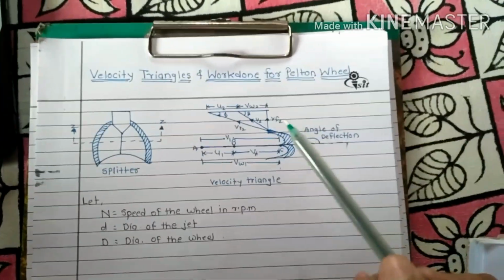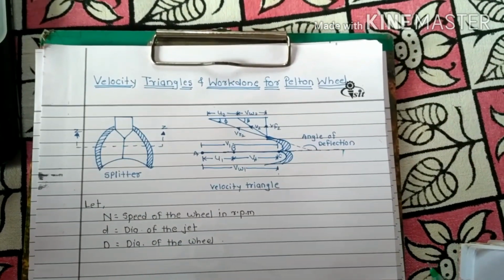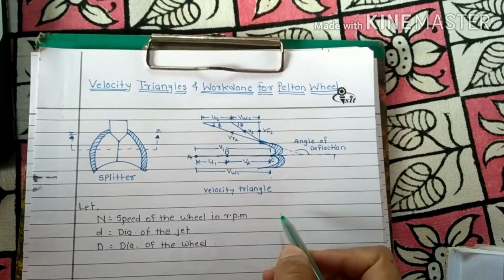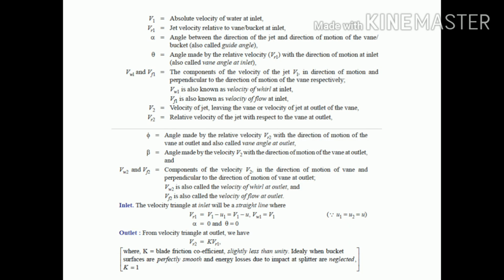Now just remember, for the steam turbine I explained that we use the velocity symbol C. That means if I say C1, that is the absolute velocity, and if it's CR, it is the relative velocity. Now for the hydraulic turbine we use the symbol V for velocity. Remember, whenever you use the V symbol, that is for the water, and whenever you use the U symbol, that is for the runner and the buckets.